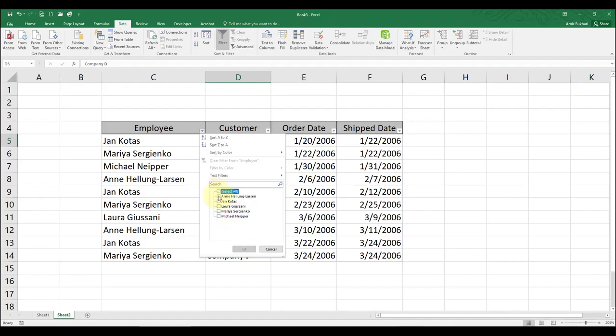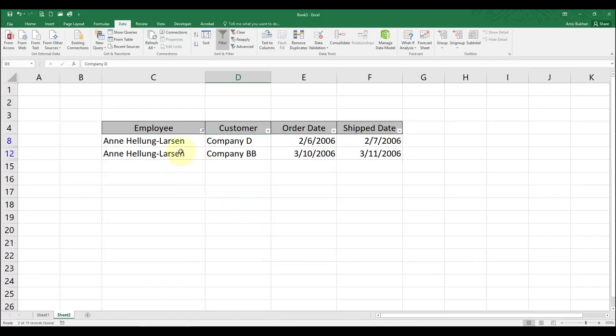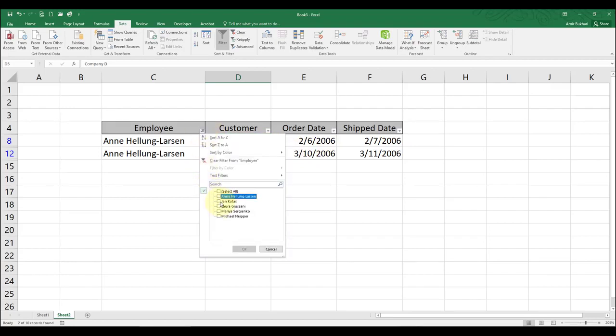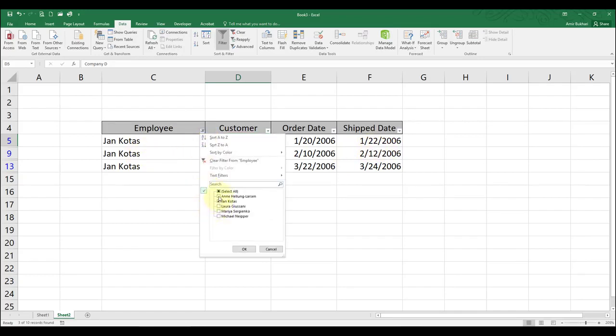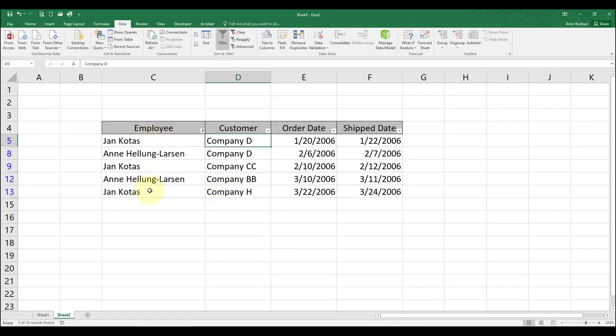Now let's say we remove this and we click this one, we select this. So now we want the data related to this value to be displayed here. So when you click OK, you will see the employee name that we selected is displayed here, and the data corresponding to that employee is also displayed. All the other data is hidden now. We can try once more. Let's say we try this one. You can see here we find three records related to this data, and you can select more than one also.